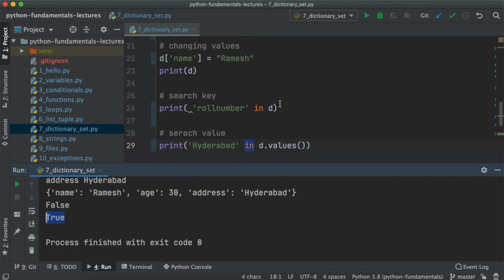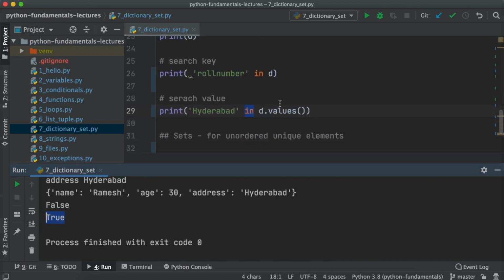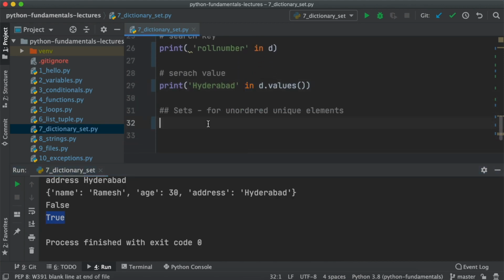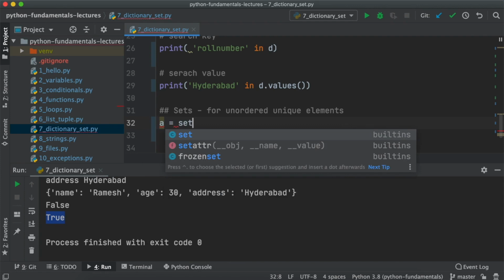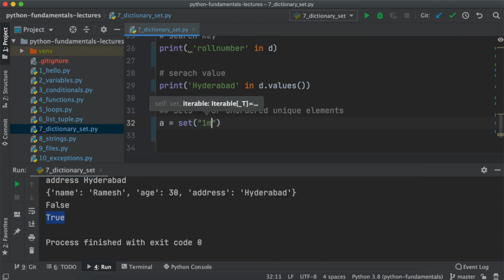One more data type I want to explain, that is set. Set is an unordered collection of unique elements. Maybe if you want to define a set, we would say A is equal to set of, and let's give 1, 2, 3, 4, 5.